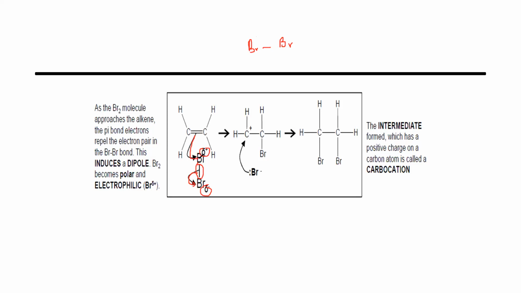The partial positive is attracted towards the electron rich side, and the partial negative will take both of the electrons. Then this will form a carbocation. So two possibilities are there: the first carbon which has a double bond may form a carbocation, or the second carbon may form a carbocation. It depends on